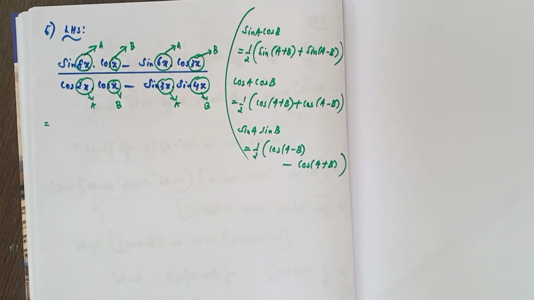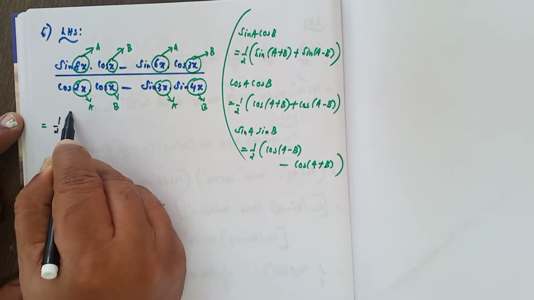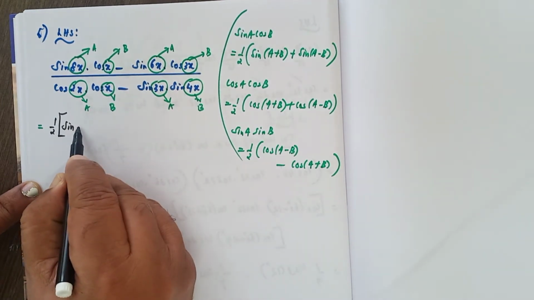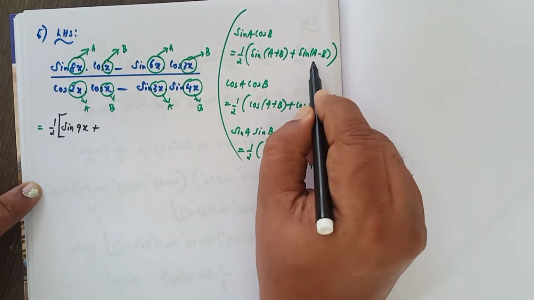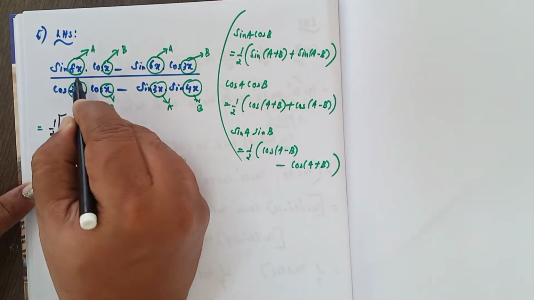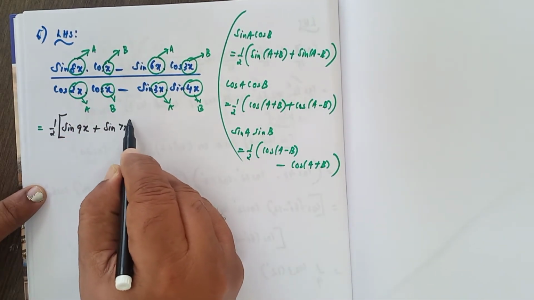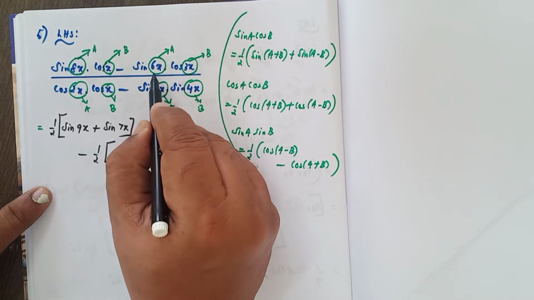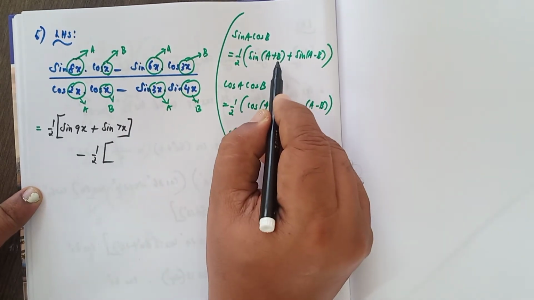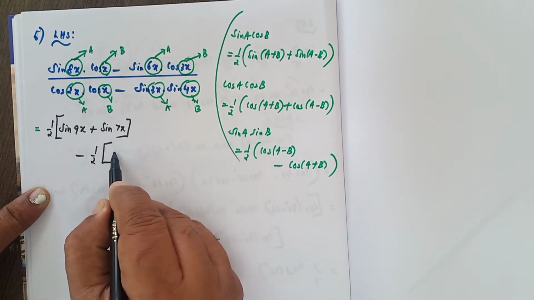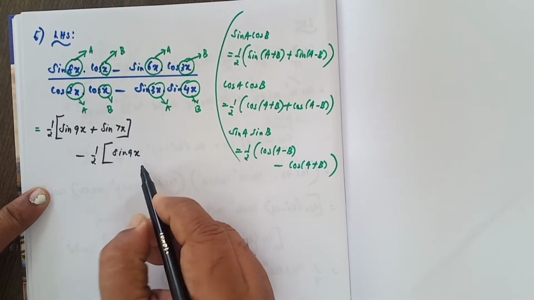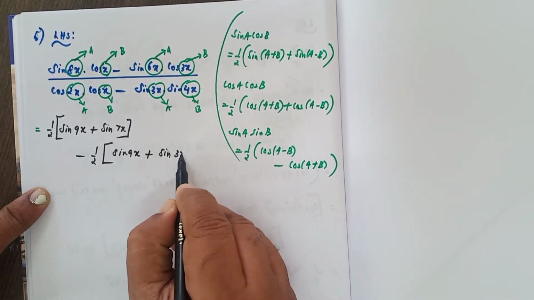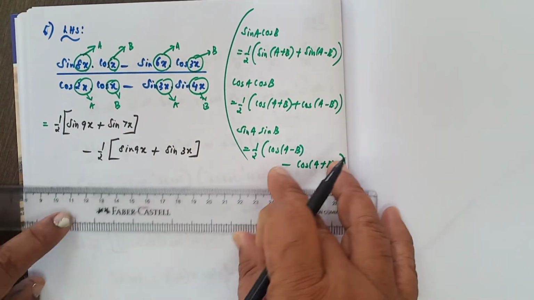That is equal to half into sin of A plus B, 8x plus x, that is 9x, plus sin of A minus B, 8x minus x, that is equal to 7x, minus half into, 6x plus 3x, same identity only, 6x plus 3x, that is 9x, sin 9x, plus sin of A minus B, 6x minus 3x, that is equal to 3x, whole divided by,